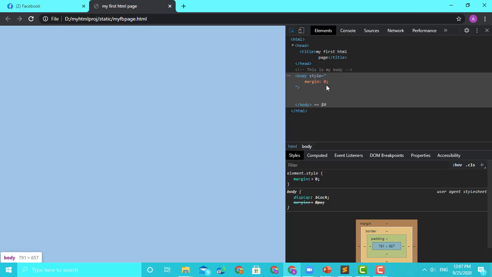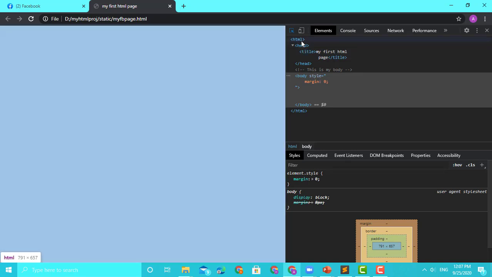This is an attribute. Style is an attribute of an element. So style is margin 0. This is how we give style as margin 0. Now we talked about something called a class. So we are going to write a class and replace the margin 0. It's just an example so that you get to know how it works.